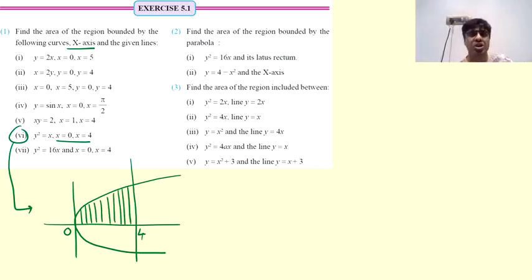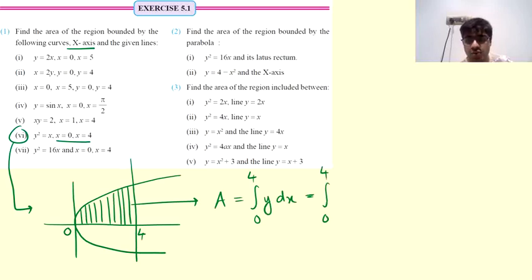In case they don't mention the x-axis, you need to include this part also in the area that they are asking. But because they have mentioned that you need the area between the curve, the lines and the x-axis, it is this area. You can also say that it can be this area also. But the two areas in magnitude are going to be the same. So calculate either of the two areas, and that will be your answer. The total area is not what they are asking you. The required area here, again, will be obtained by integration from 0 to 4 of y dx.